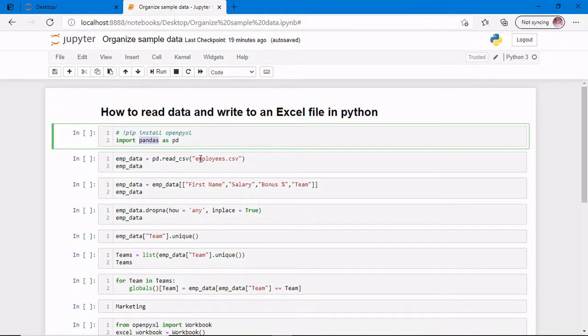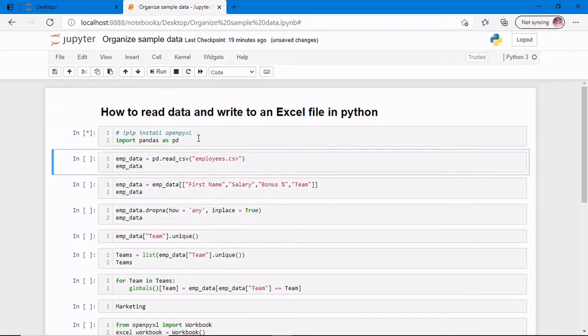And I am passing the argument employees.csv, which is the name of the CSV file in my working directory, into this function or method. So this automatically refers to the working directory and searches for this file called employees.csv and reads that file.